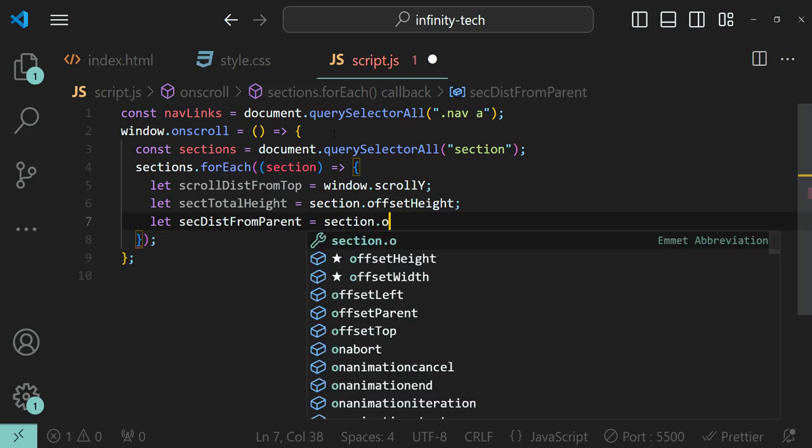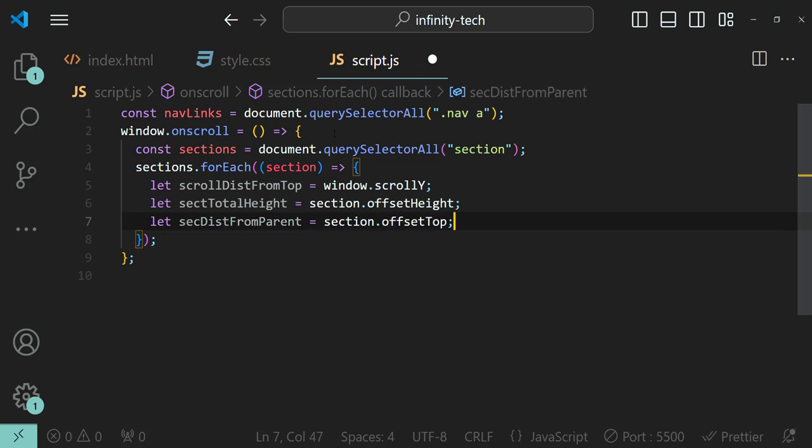So the value is offset top. This scroll bar is the property of window, and this offset height and offset top are the properties of a section. Now to put some cushion between the top edge of the browser and a section, we are going to subtract some pixels. So we are subtracting 100 pixels. The value 100 is not mandatory. You can make it 150, you can make it 90 pixels, it's up to you. Okay, so now we have got all the variables that are going to come in handy in order to define